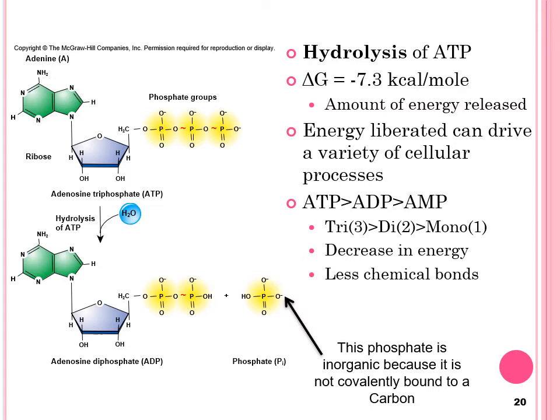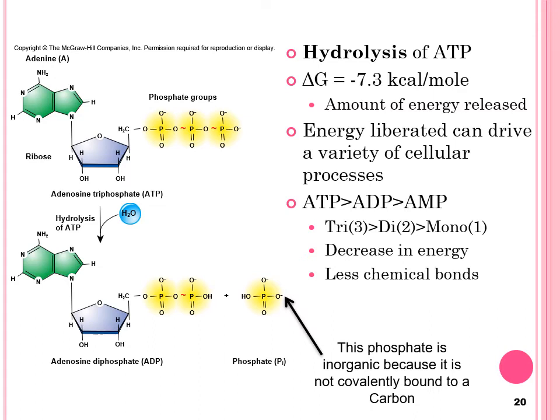Remember that we can go from ATP, which has three phosphates attached, to two phosphates attached, ADP, to AMP, which only has one phosphate attached. And so you'll see these versions of ATP. You should relate that back to how much energy is stored versus how much energy has already been spent. ATP has the maximum amount of stored energy versus AMP, which has the least amount of stored energy